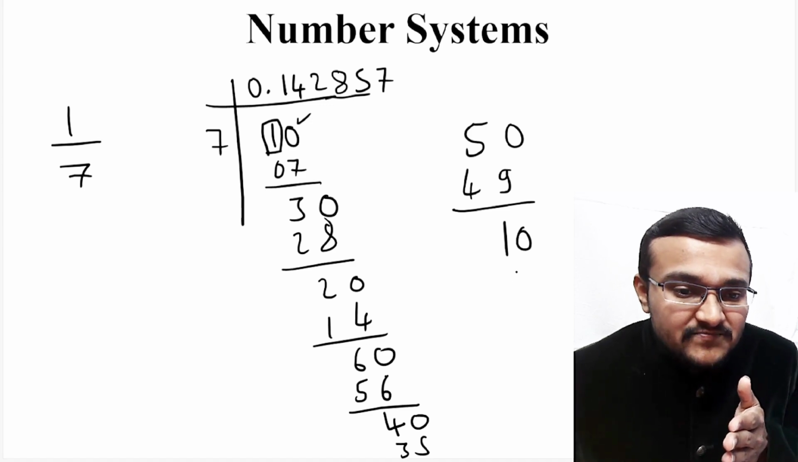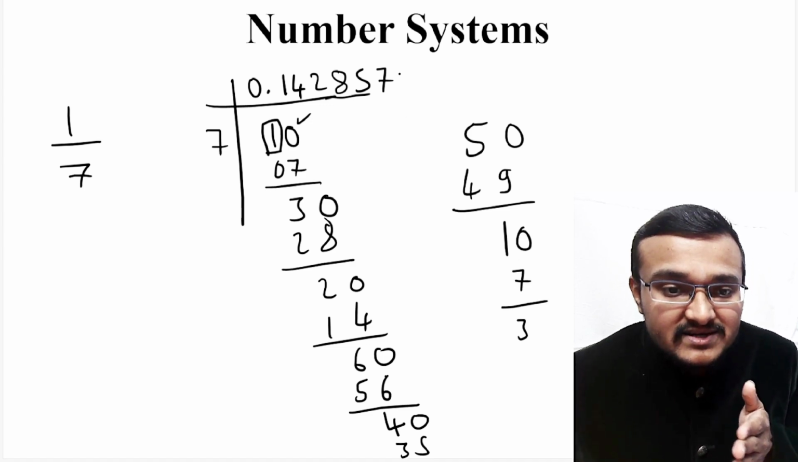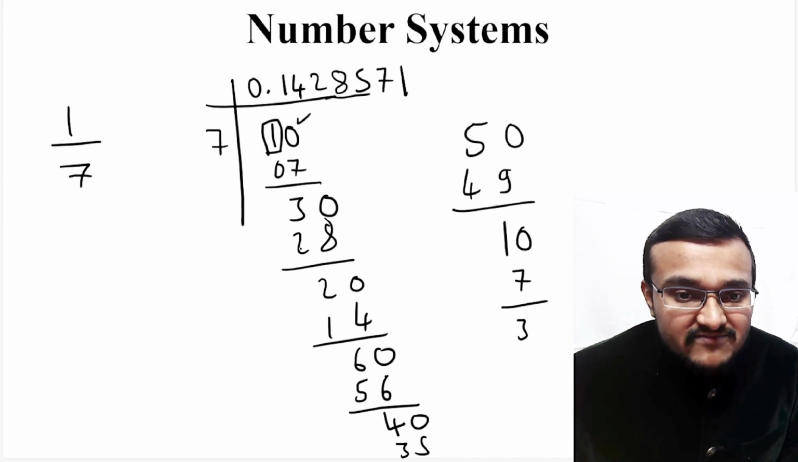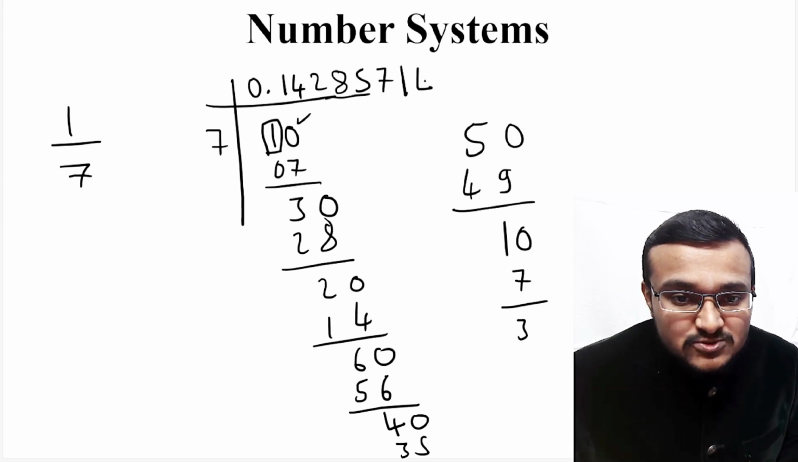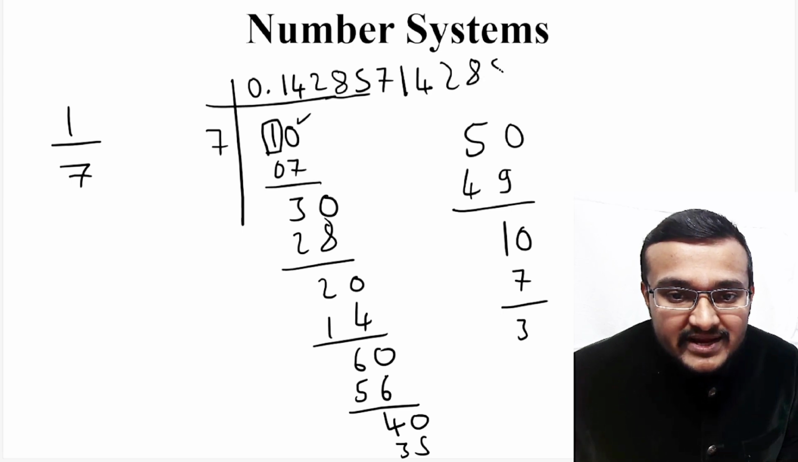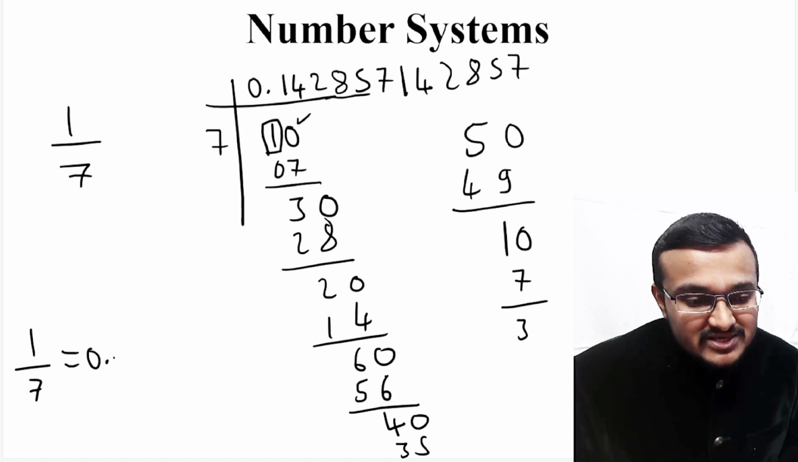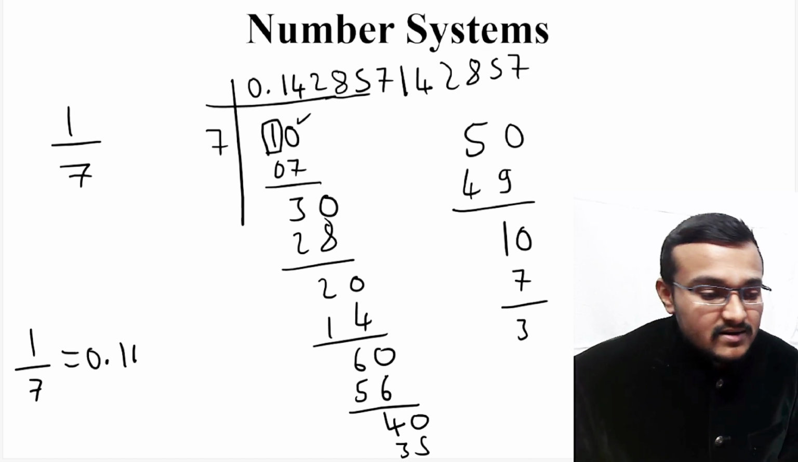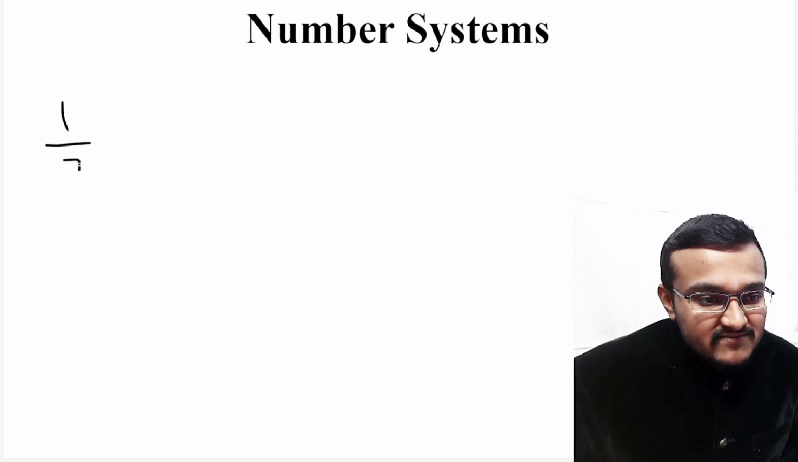Again if you take 10, again you have to take 7. So which will be 30. So that means again here it will be 7 ones are 7. So that means here again this will go like this: 1 4 2 8 5 7. So if you are considering 1 by 7, the answer for this 1 by 7 will be, here I'll write this in the new slide. So 1 by 7 we are getting it as